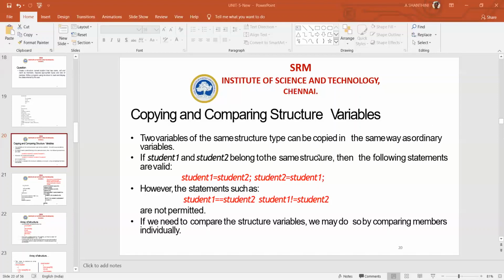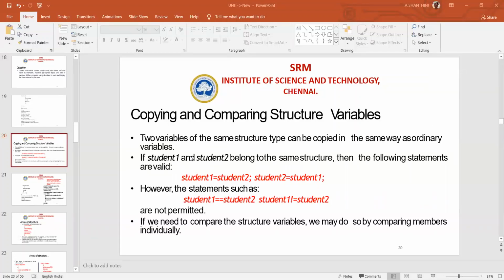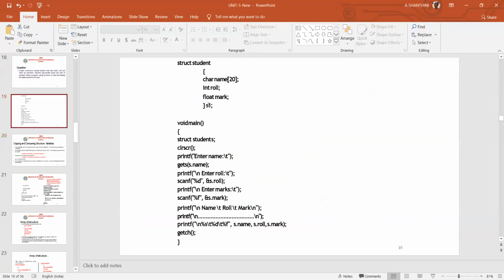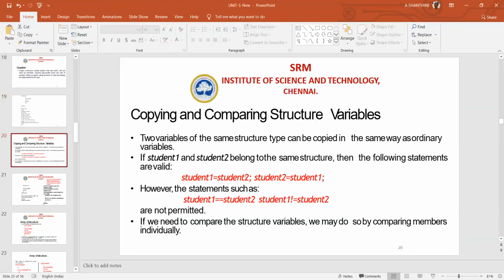In a similar way, in structures, here you have declared student 1 and student 2 of the same structure, and I am copying student 2 to student 1.